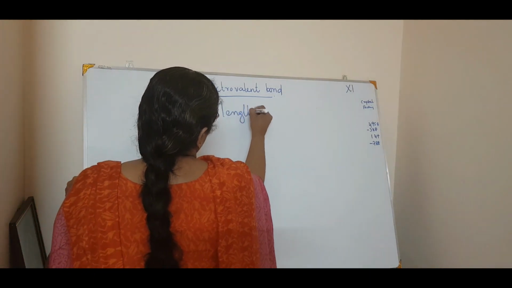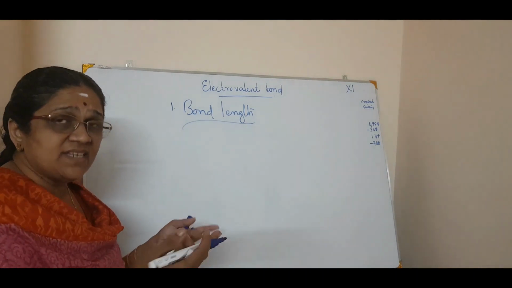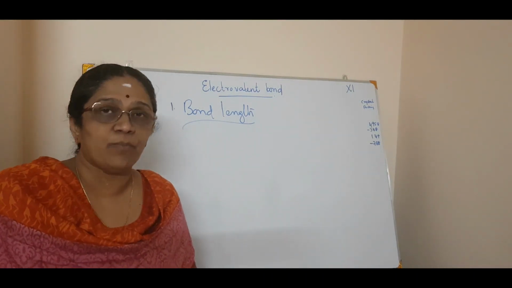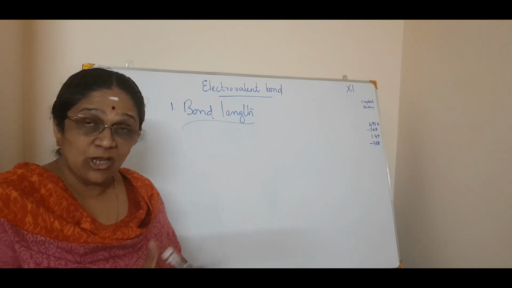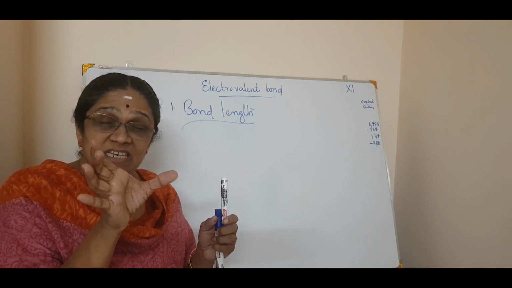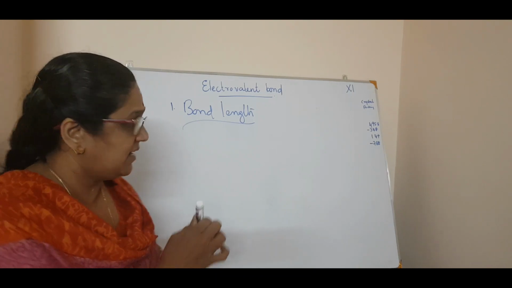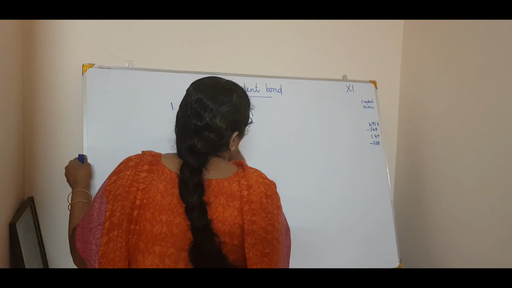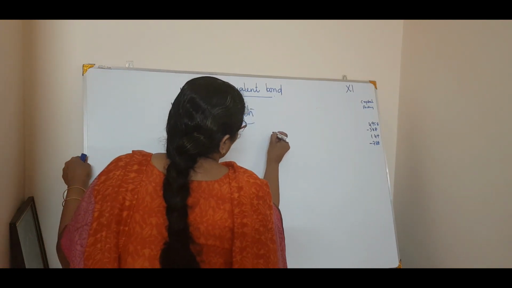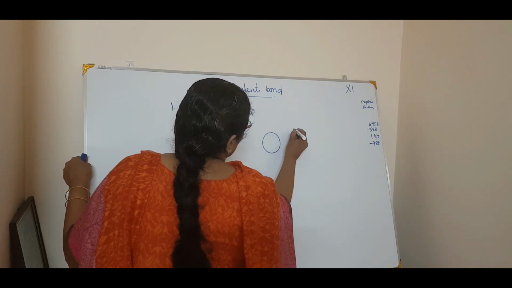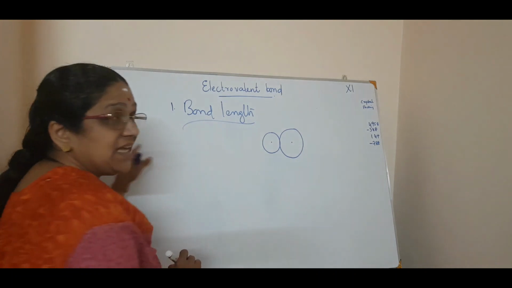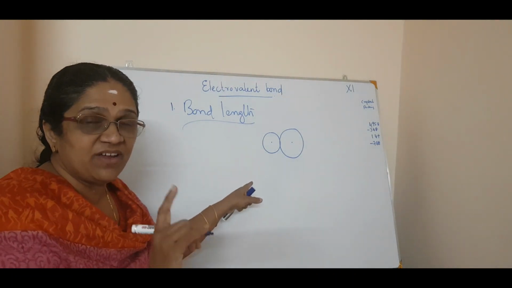You know what is bond length, isn't it? Everybody knows. If there is a bond, what is the length of that bond? Now, if you want to give a definition for bond length, we will say the equilibrium distance between the centers of the two atoms in a bonded atom, isn't it? See, by an example I will tell you. You have an HCl molecule or whatever be the molecule. This is HCl. The chlorine atom is greater.